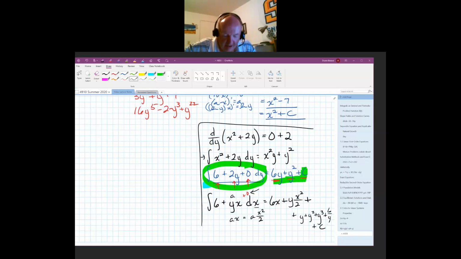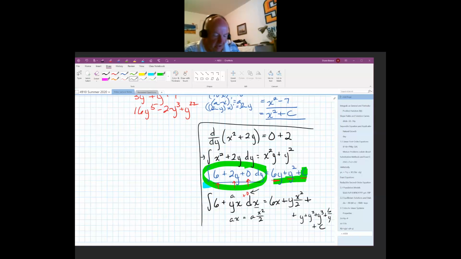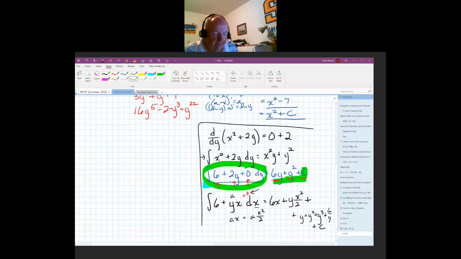Like you said originally, it could be a 12, it could be a 7, it could be a 9. But when we're thinking about these as functions of x's and y's, when you differentiate with respect to one variable,